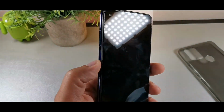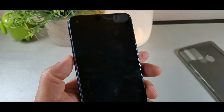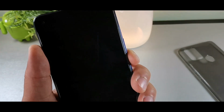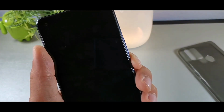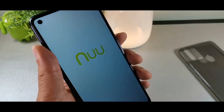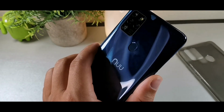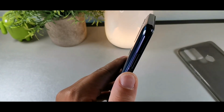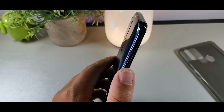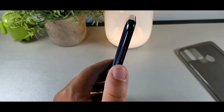So definitely a really solid overall design. It had a plastic body on here, so it did kind of feel a little bit cheap and lightweight in the hand. And for the processing chip, you get the A25 on here, so I just want to mention that. The buttons also did feel a little bit cheap on here. They didn't feel too solid, but when you press them, they did have a decent click on them and nice feedback. I like how the camera is intruded all the way into the phone. Really nice solid build,